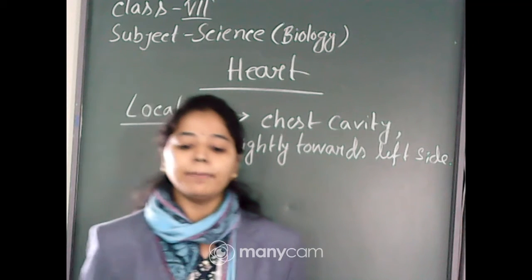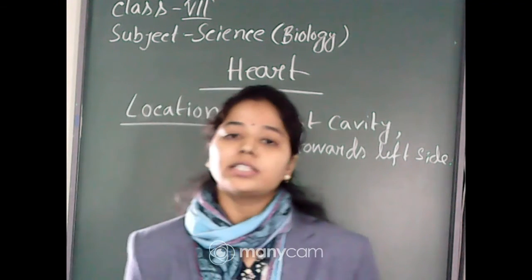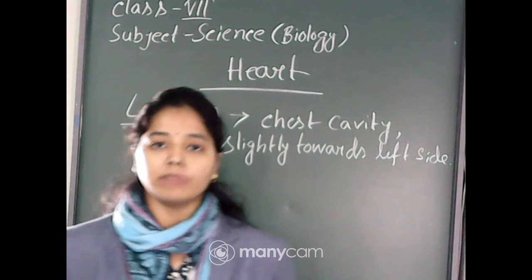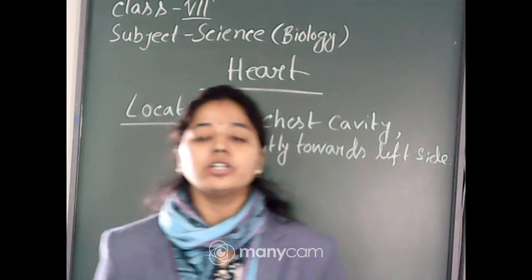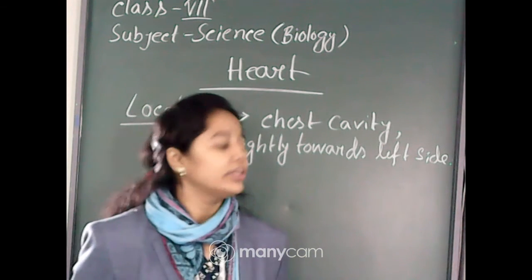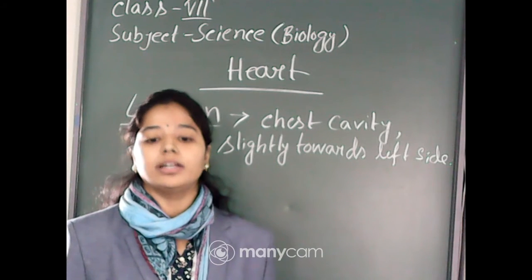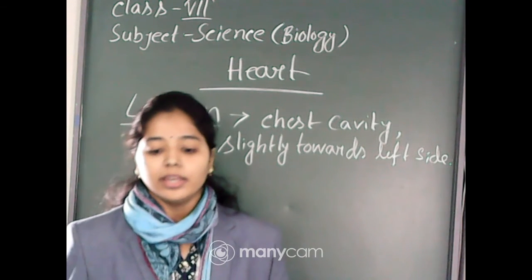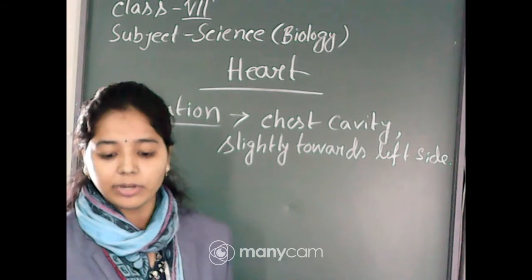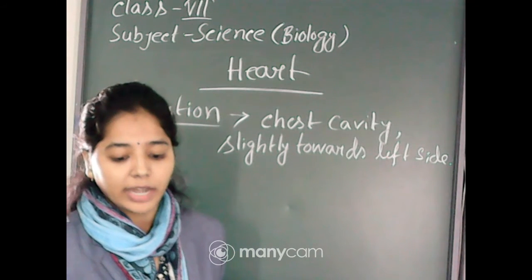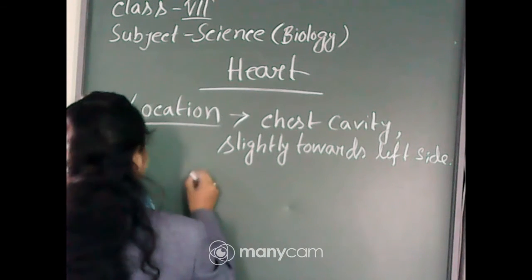And the upper portion of this heart, or upper chambers of this heart, is known as atrium, and the lower portion of the heart is known as ventricle. Now I am trying to draw the diagram of the heart. Please students, follow me. If you can't hear, no need to worry. This video will be uploaded to your YouTube channel. Okay? Just follow me.